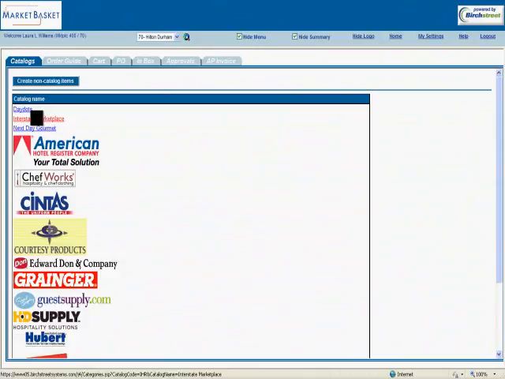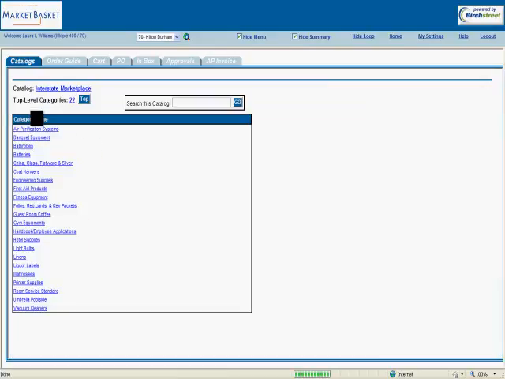Now, one of the benefits of a basic catalog is that the items in the basic catalogs you can add to your order guides, which we discussed in our module number 1. To get started, we'll click on Interstate Marketplace. When you click on Interstate Marketplace, you'll notice the categories for all the items that you may need to buy